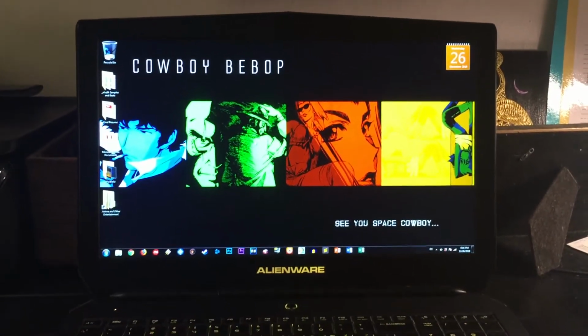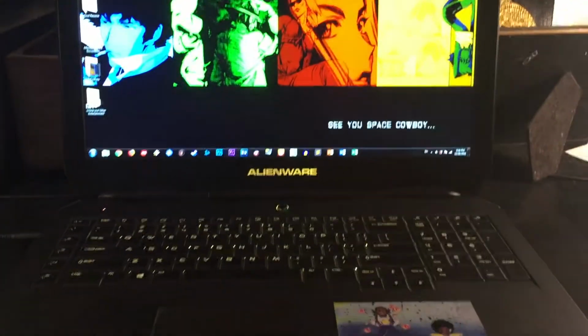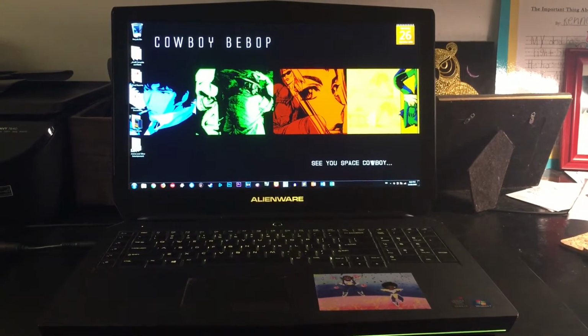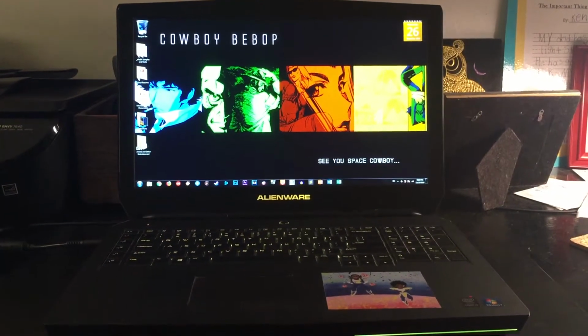As you can see, this is my 2015 Alienware 17R2. It's a pretty big computer. As you remember, I made plenty of videos on this machine. It's a beast. It's a good machine, except for the battery like I talked about last time, and I'm going